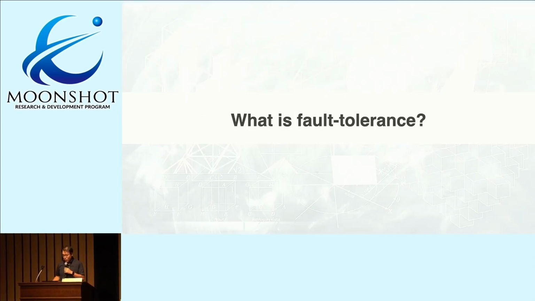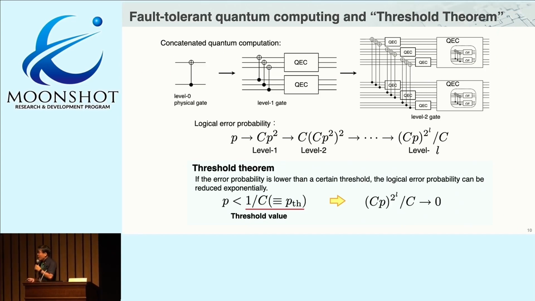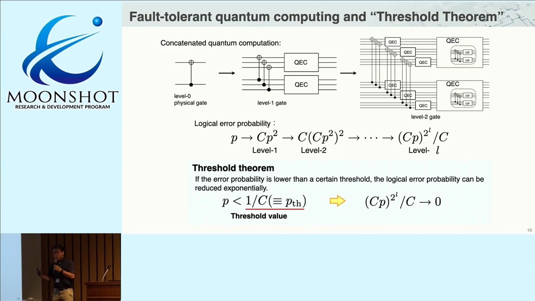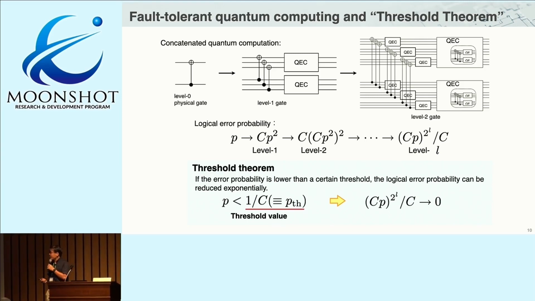So what is fault tolerance? Basically, in order to achieve fault tolerance, we have to do more. Here is an approach to fault-tolerant quantum computing based on concatenated quantum computing. Starting from the physical gate operation here, we encode quantum information into the quantum error correction code, which I previously explained. And then, just after the logical gate operation, we perform quantum error correction so that the erroneous state is recovered to the